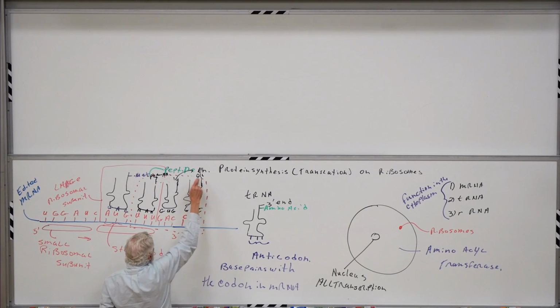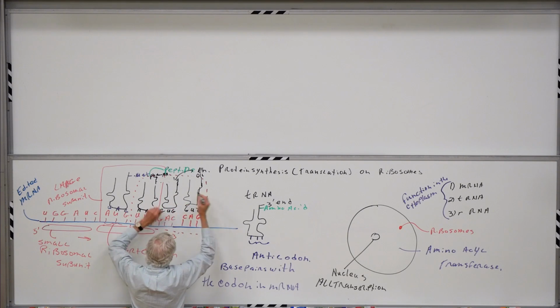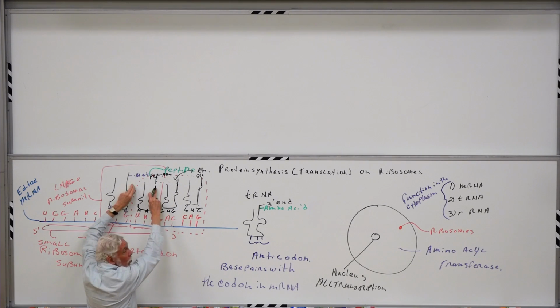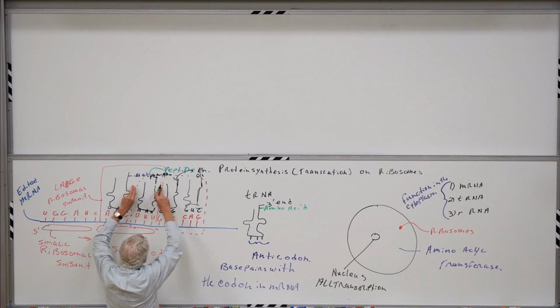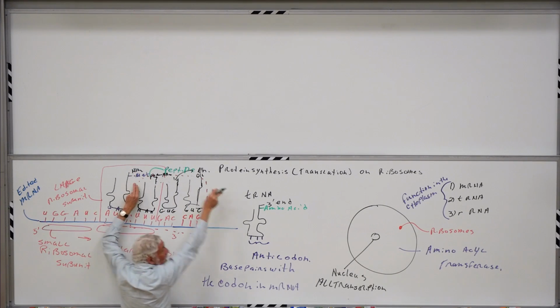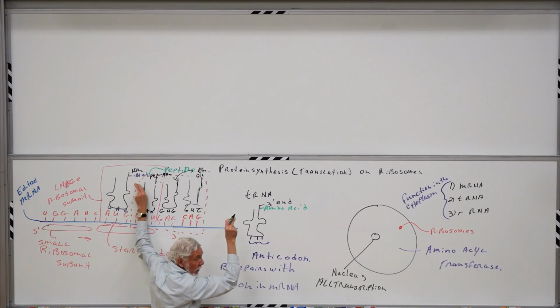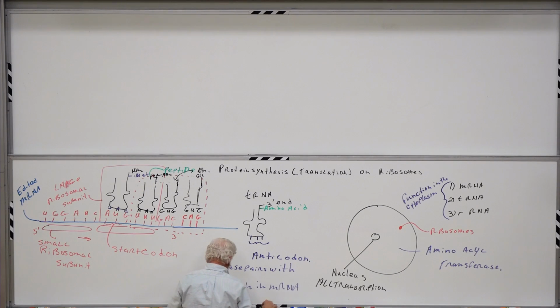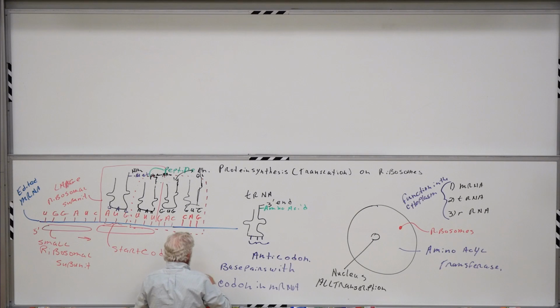Again, what we'll do is clip this glutamine loose and attach it to this growing polypeptide chain. So one at a time, we're adding amino acids, making this chain longer and longer and longer. As we do this, this is going to be the amino terminus, and we're working our way toward the carboxy terminus. We do this over and over again until at some point we reach a 3-base set,